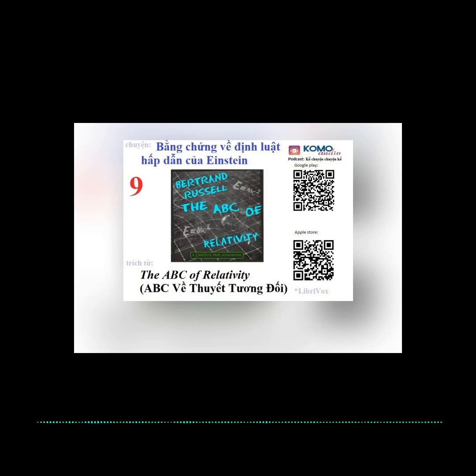When, in 1915, Einstein first published his new law, there was only one empirical fact to which he could point to show that his theory was better than Newton's. This was what is called the motion of the perihelion of Mercury. The planet Mercury, like the other planets, moves round the Sun in an ellipse, with the Sun in one of the foci. At some points of its orbit it is nearer to the Sun than at other points. The point where it is nearest to the Sun is called its perihelion.